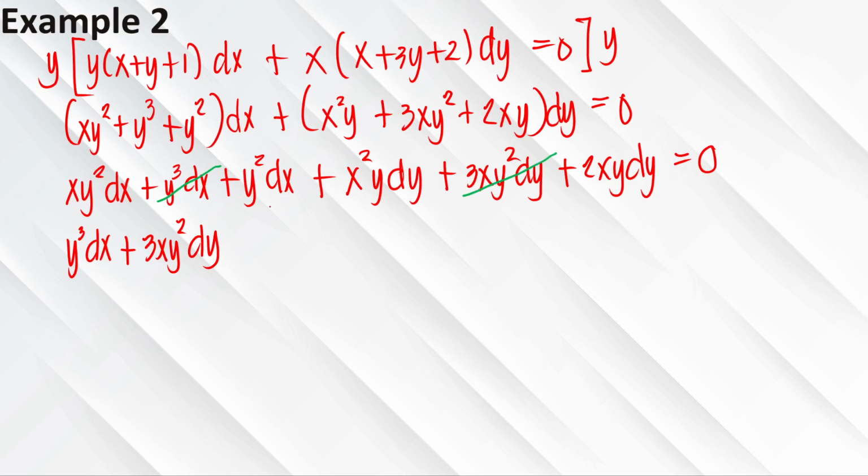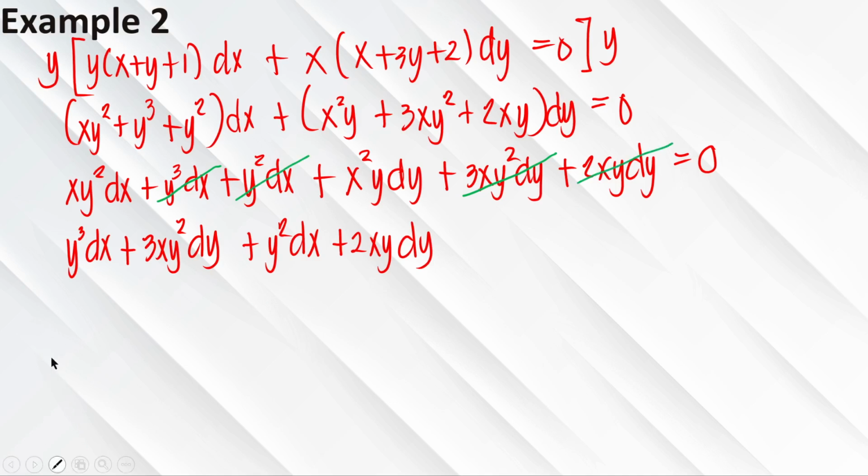Alin pa dyan ang obvious? Yung y squared dx, ang kasama niya dapat si 2xy dy. Kasi kung yung y squared natin ay u, ang du natin is 2y dy, nandito. At kapag ang x natin ay v, ang dv natin is dx lang din. Nandito rin siya. So, ayun. Silang dalawa ang magkatabi. So, i-cross ulit natin silang dalawa dito. And therefore, meron na lang tayong